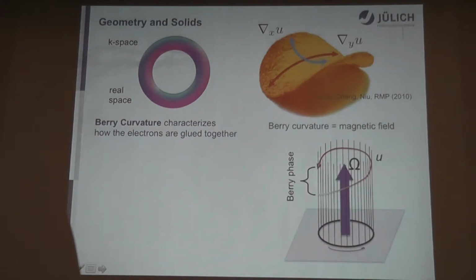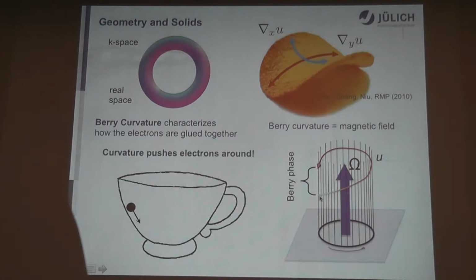In a simple picture, Berry curvature is nothing else but a magnetic field. Applying the principles of the Aharonov-Bohm effect, we can say that when a wave function propagates along a certain path in this manifold, say in K-space, it acquires in this magnetic field a phase which is known as the Aharonov-Bohm phase, and which we know in quantum physics as the Berry phase. What is even more fruitful is that this Berry curvature determines the electron dynamics in a very simple picture. It is the same effect as the curvature of a cup would determine the trajectory of a ball which moves on its surface.